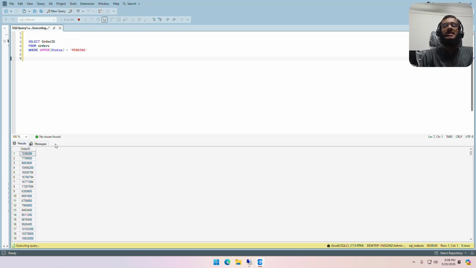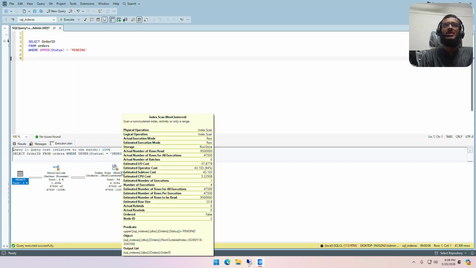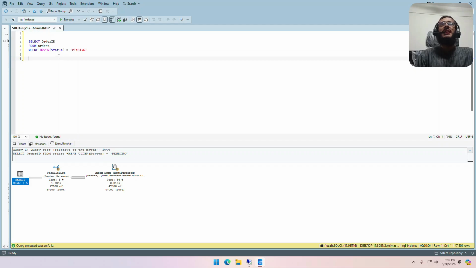And within the execution plan, we can see that our index is used. But if I hover over that, you can see that it's using a predicate and not a seek predicate. Basically, a predicate means that SQL Server is applying a where clause. It's not using the index to seek, it's scanning every row to find the rows which match. On the other hand, if we have a seek predicate, that means that our index is being used. In SQL Server,